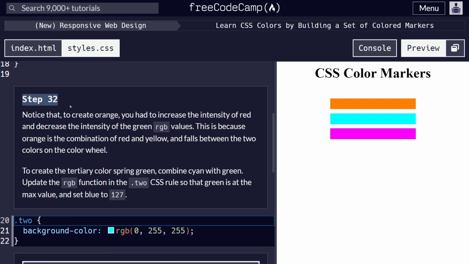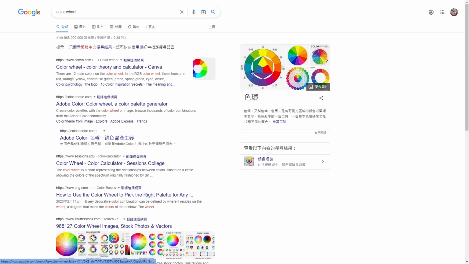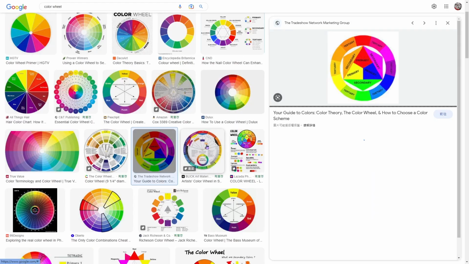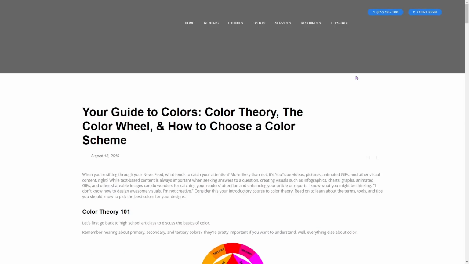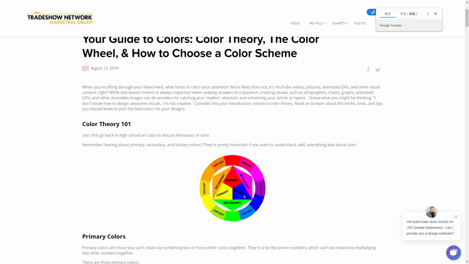Step 32. Notice that to create orange, you had to increase the intensity of red and decrease the intensity of the green. RGB values 就是对，橘色就是红色强度多一点，绿色少一点。This is because orange is the combination of red and yellow and falls between the two colors on the color wheel. 有那个色轮。这个，跟我说的好像一样哦。色环，是吗？你看，primary, secondary, tertiary, 哇，cool。